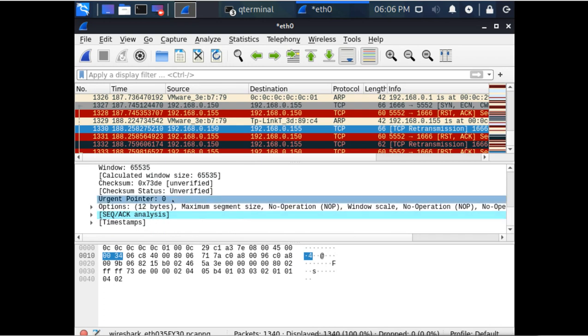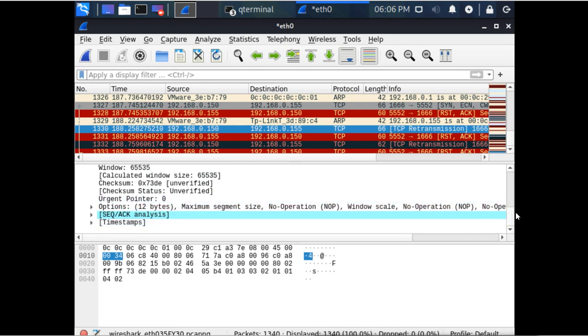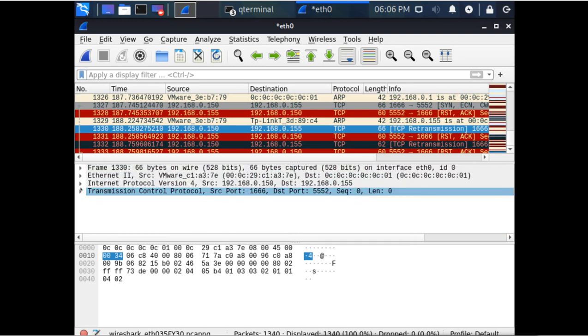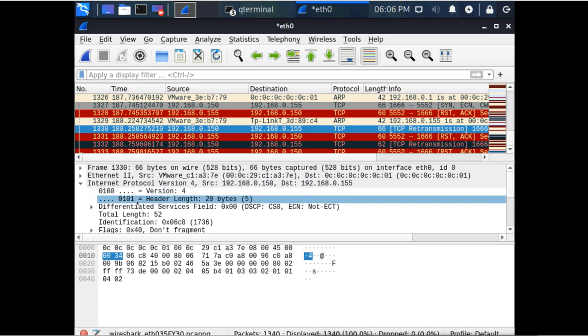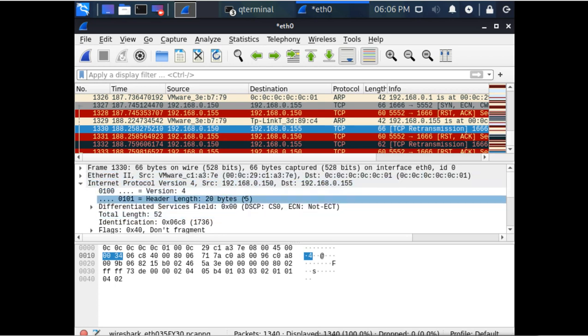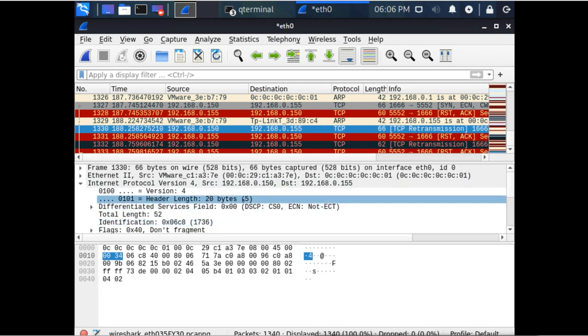You can see sequence number, timestamps. And in the internet layer, you can see the source IP, destination IP, and other information like IP ID, flags.